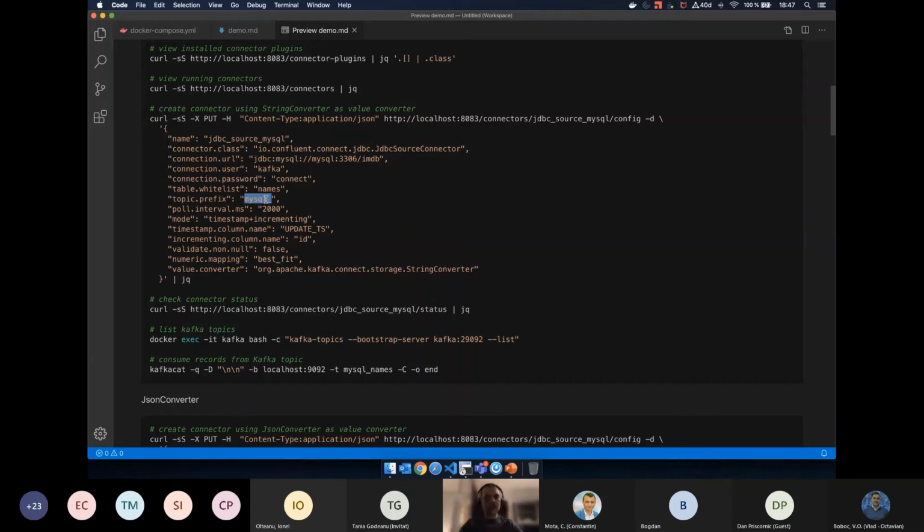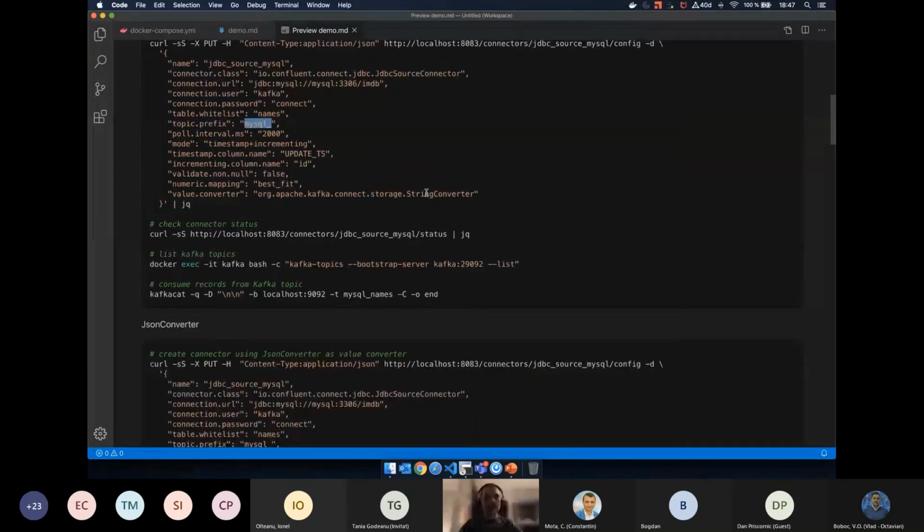For the converter, we are using a string converter. I don't think I mentioned this: our Kafka events are just pairs of keys and values, and we can have a converter for our keys and another type of converter for our values.